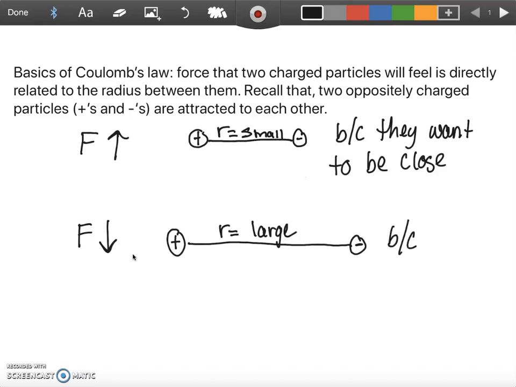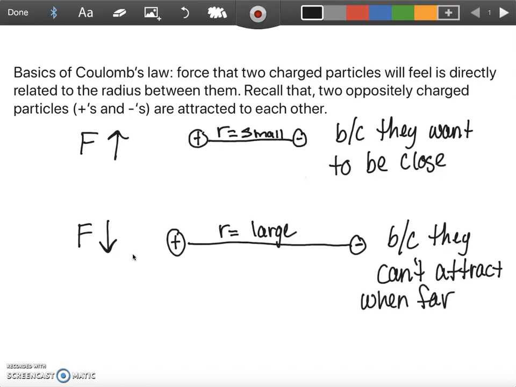And this is because they can't attract when they're far apart. And this will really come into play when we're looking at how easy it is to gain or lose an electron. The basic rule of thumb of Coulomb's law is, for attractive forces,